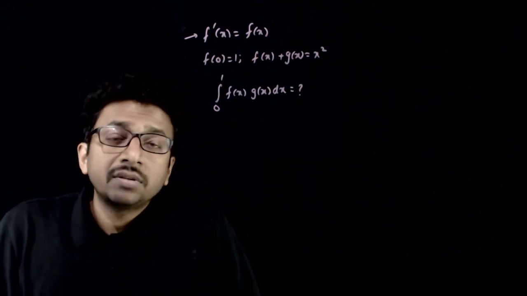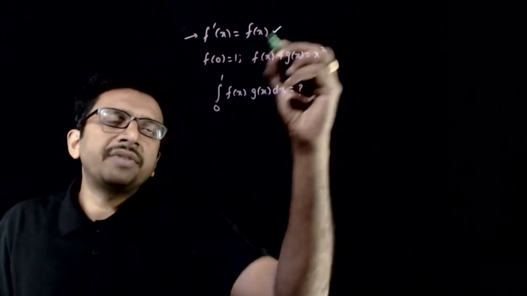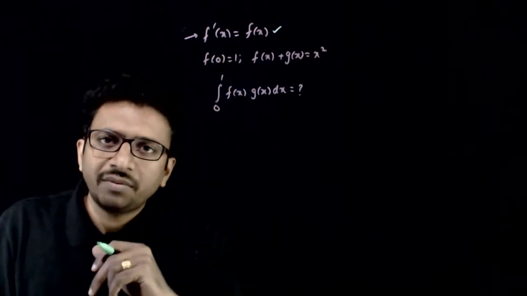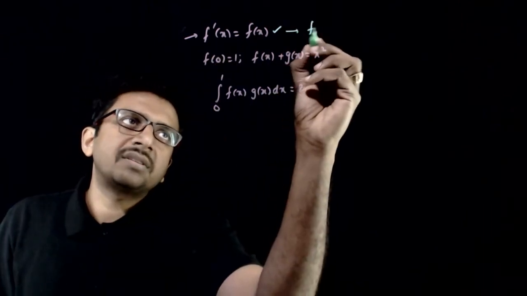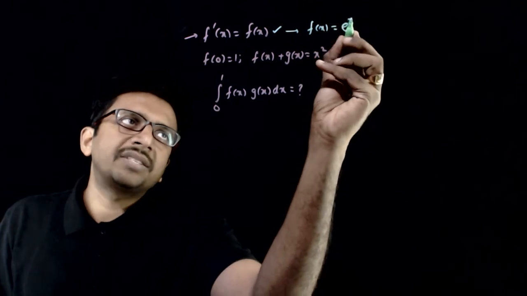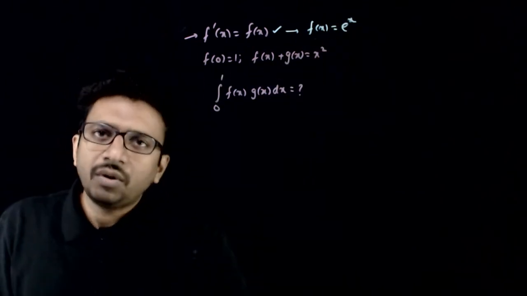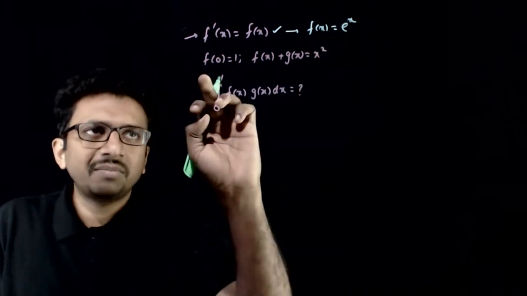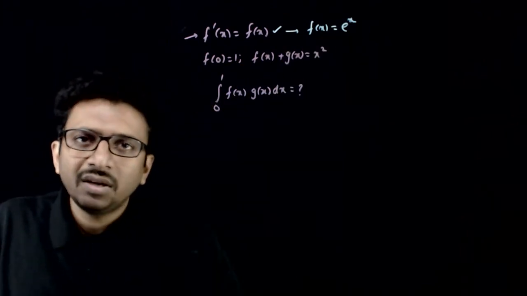So welcome students. In this question, you're given that f dash of x is equal to f of x. F of x is a function which satisfies f dash of x is equal to f of x. So obviously f of x should be equal to e power x, right? And f of 0 is equal to 1 is also getting satisfied. So it can be k times e power x, but because f of 0 is equal to 1, you get